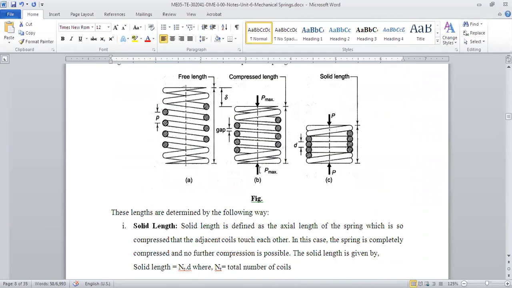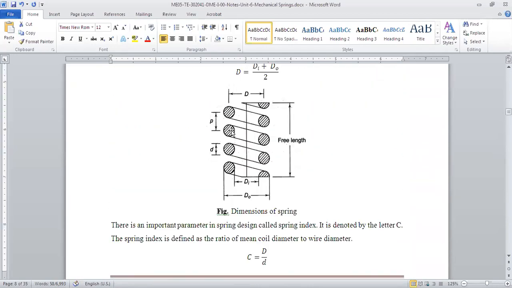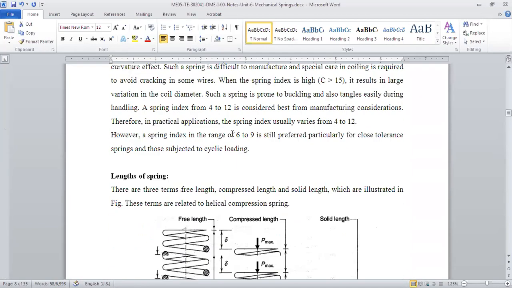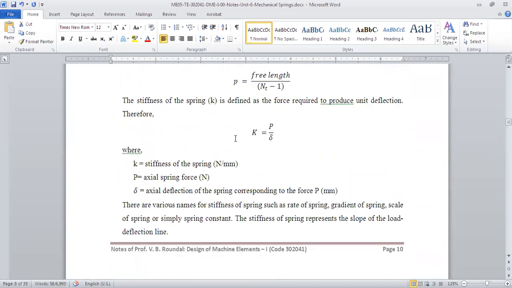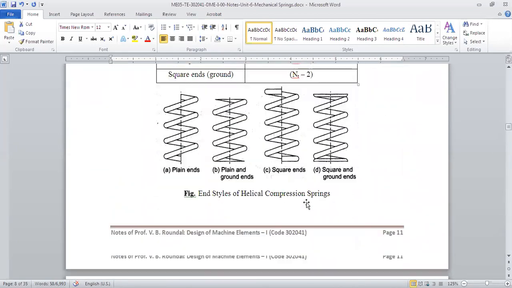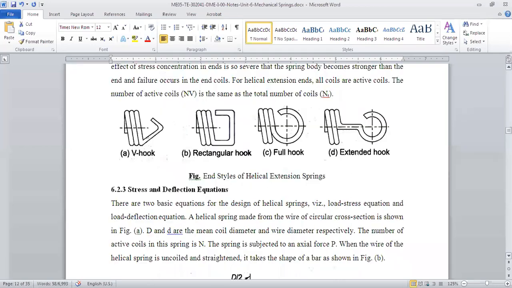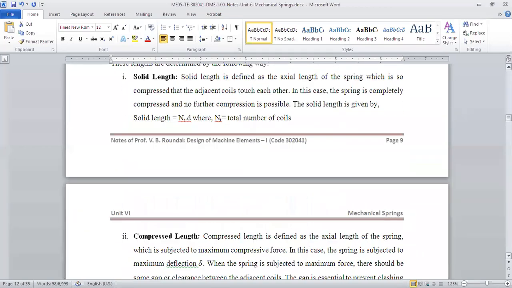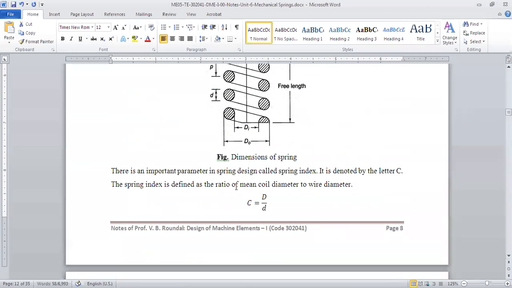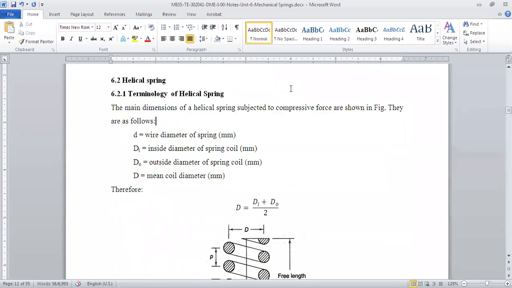So now quickly we will try to go through the nomenclature or the terminology, because then we need to understand different lengths, so that we can start with the design of the spring. Okay, so we have, I think, 5 minutes, so I will try to cover at least the basic part of the nomenclature or the terminology. You guys are with me till now? Okay, so the terminology of the spring.